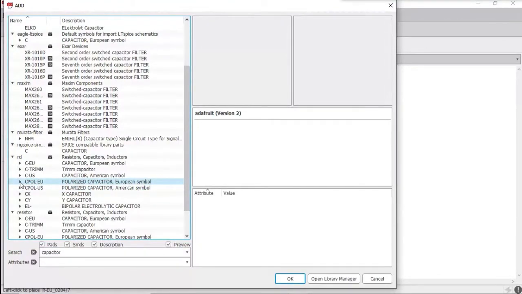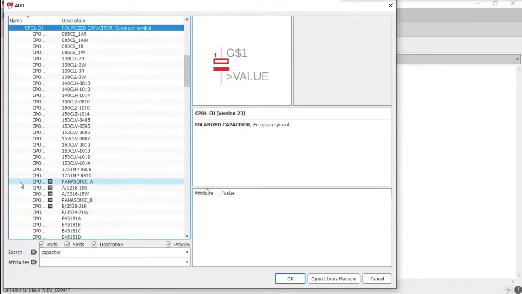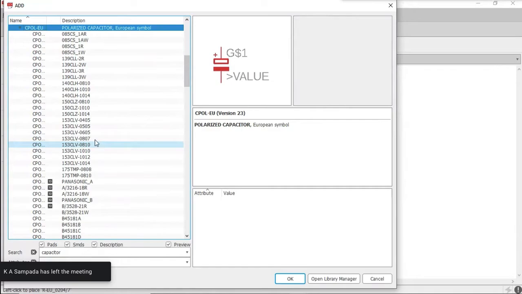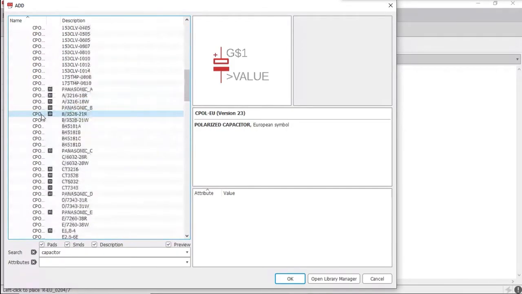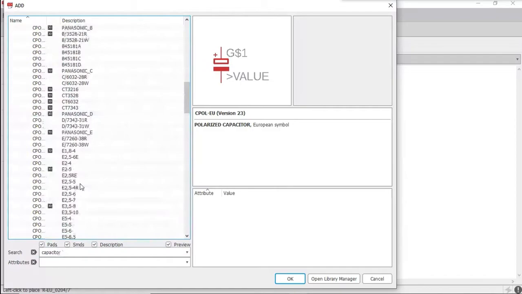CPOLEU stands for the capacitor with the polarity. So if you are using any capacitor with the polarity, you have to choose the capacitor under this option. Under CPOLEU, you have to choose the one with, just scroll down and select the option.